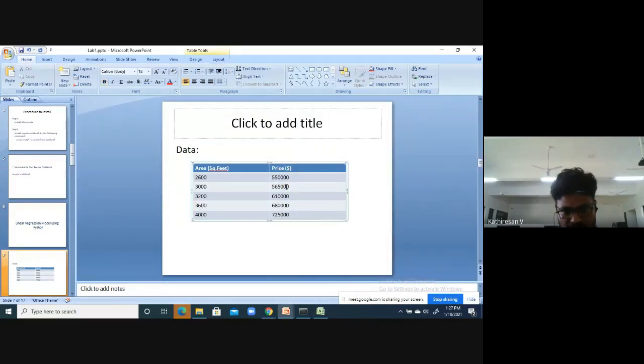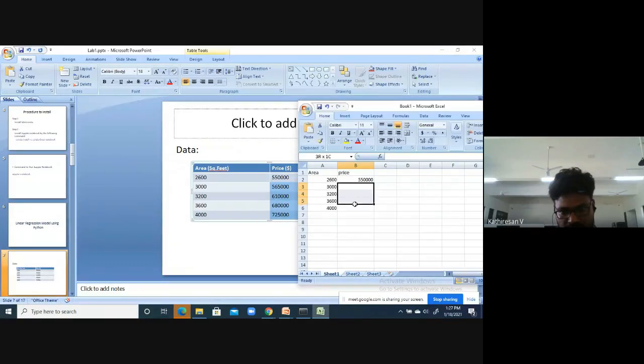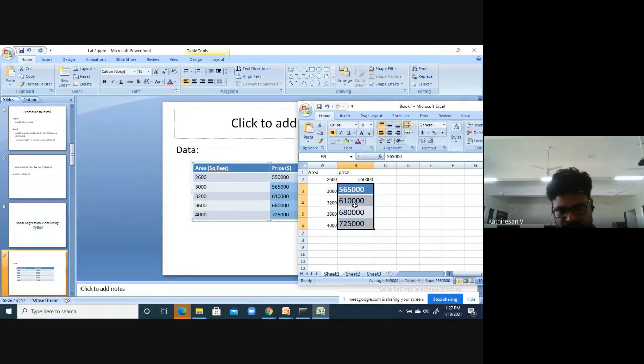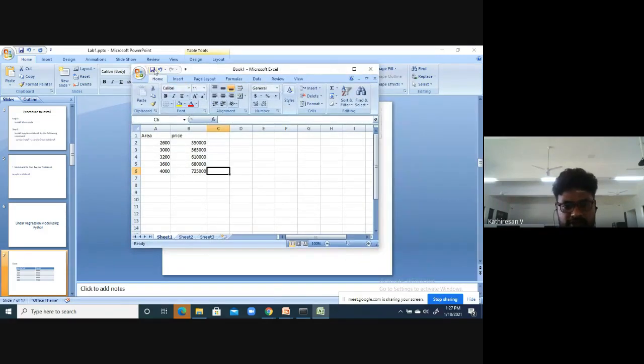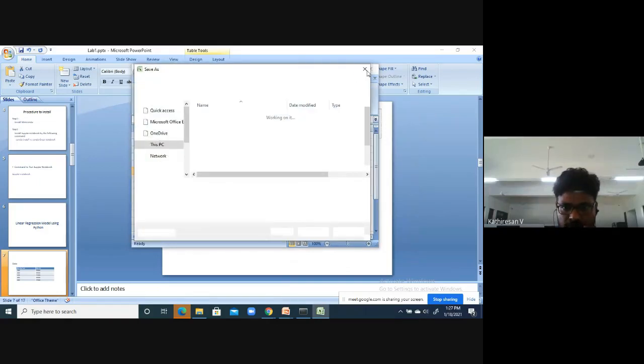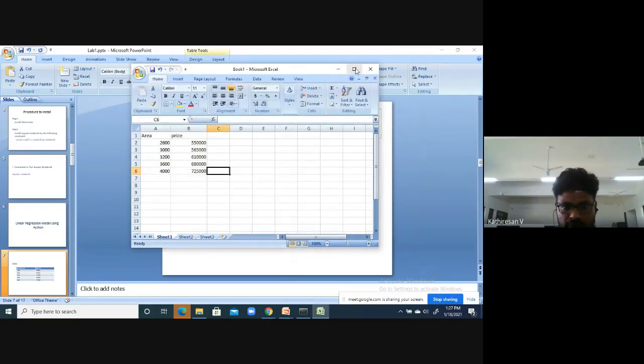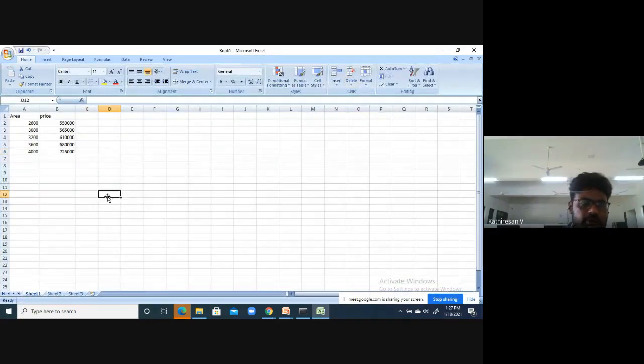I'm using the format painter and changing the format. So you only have to make a few entries. You have to enter the data like this.